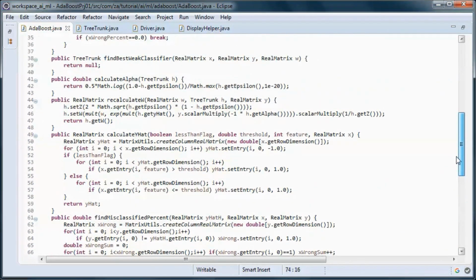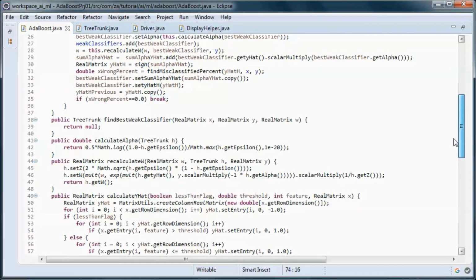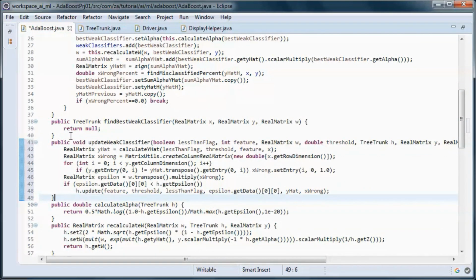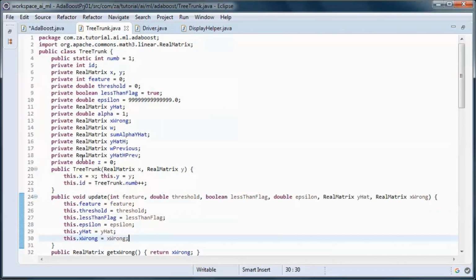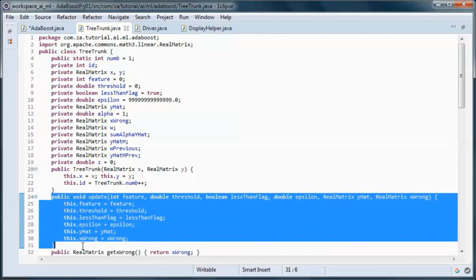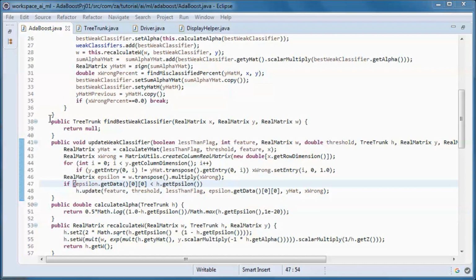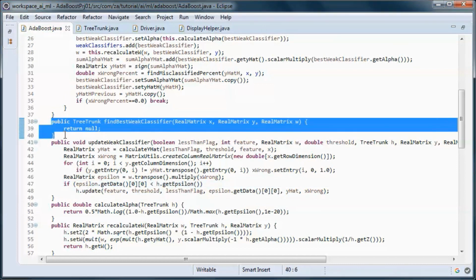And this method makes use of this update method, and we call it from here.